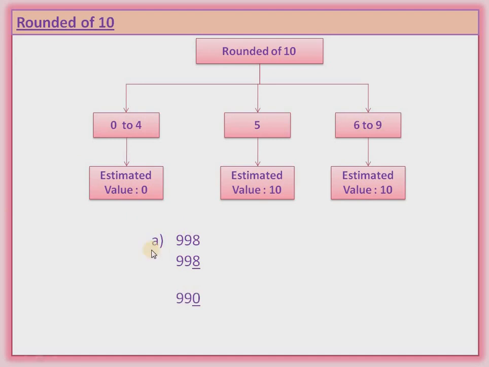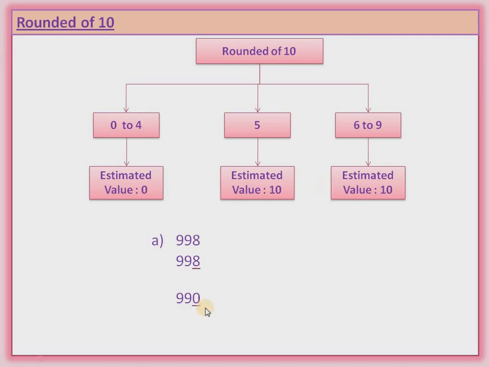You can see 990. After that, you have to check the value. This value 8 should come in which category? So you can see this 8. Again I am writing, this is the first category, second category and third category. Okay, tell me, this 8 should be in which category? Category number 2. You know, for the values 6 to 9, the estimated value is 10. So we will add 10 to this number.